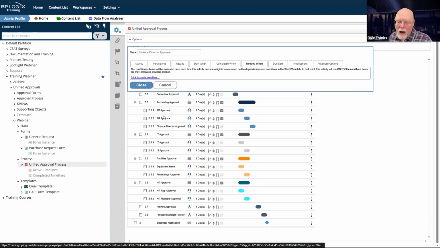I don't care about an AR process. Trust me, my accounting manager or my finance director will automatically approve any time anybody wants to give us more than $10,000. There's not even a question that he will say, no, I don't want your filthy, filthy money. He will take the 10,000 plus dollars. So this only works if I'm in an AR or in an AP type of process and it's more than $10,000.